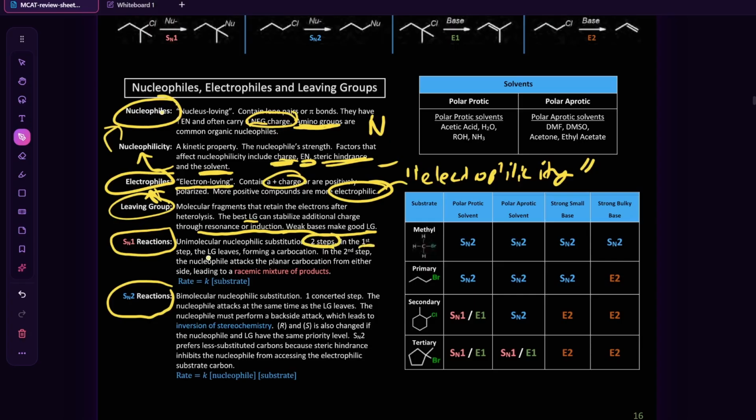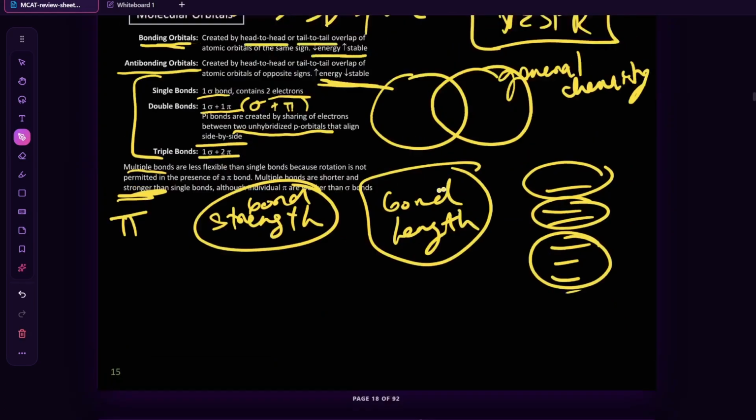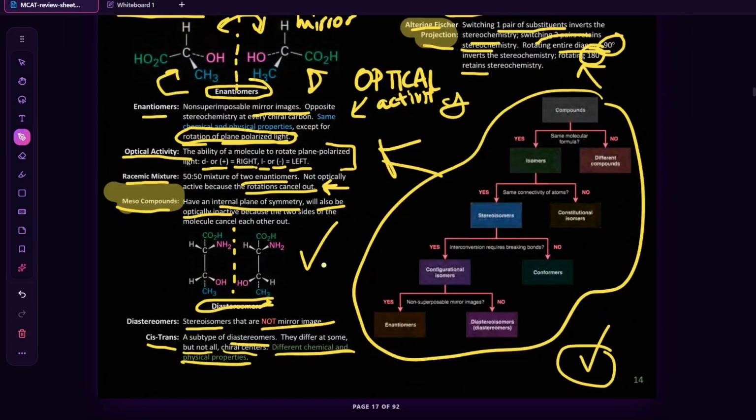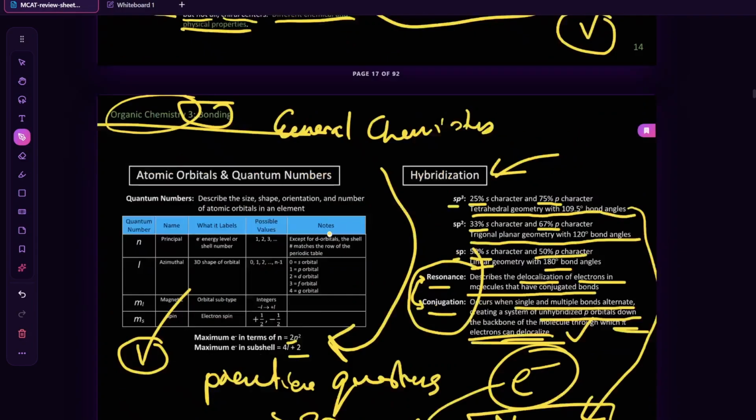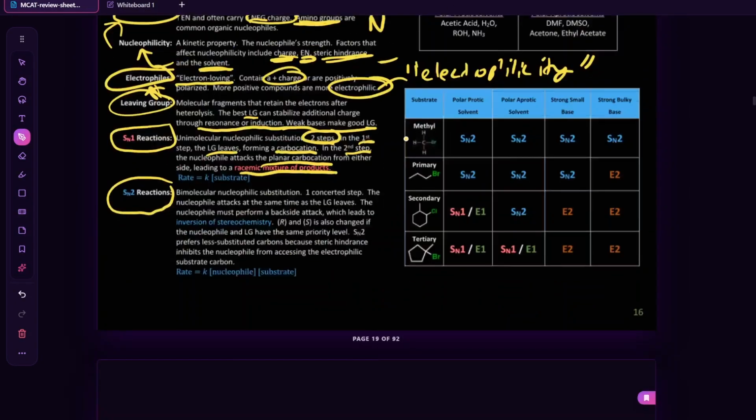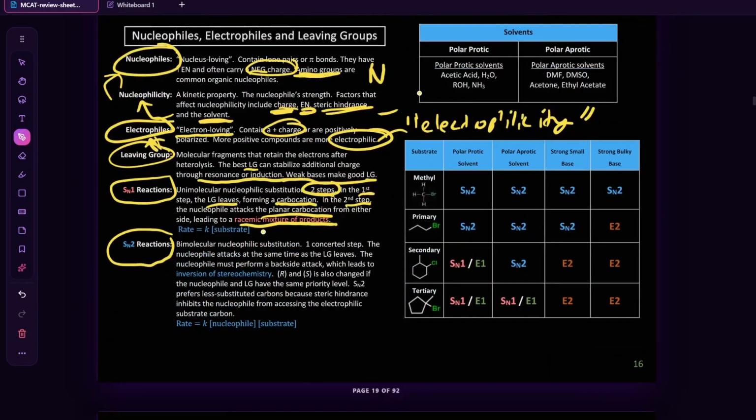And the first step is that the leaving group leaves, and they form a carbocation. And the second step is that the nucleophile attacks the planar carbocation from either side, leaving a racemic mixture of products. Remember, we talked about the racemic mixture over here, where we talked about stereoisomers and isomers. Racemic mixtures are a 50-50 mixture of 2 enantiomers. Right, so when you do this reaction, you're getting enantiomers, and so the rate is equal to k times the